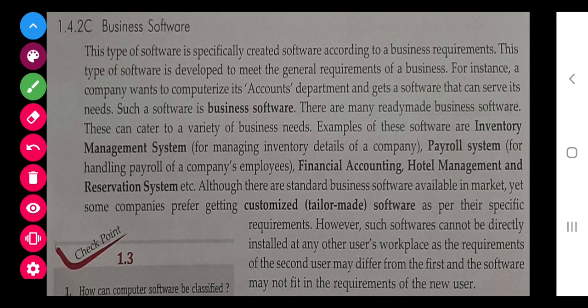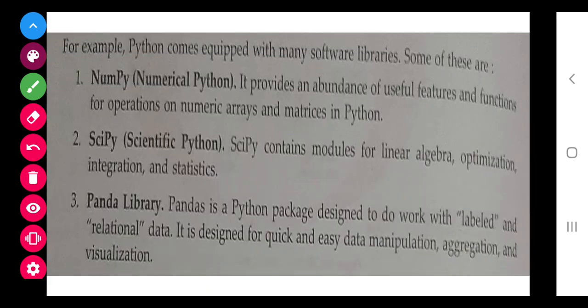In a bus, the conductor has his own device through which he can exactly tell how much fare is there from one place to another. Similarly in hotel reservation, bank, railway reservation, air reservation, post office, everybody has their own software. So these are the business softwares.